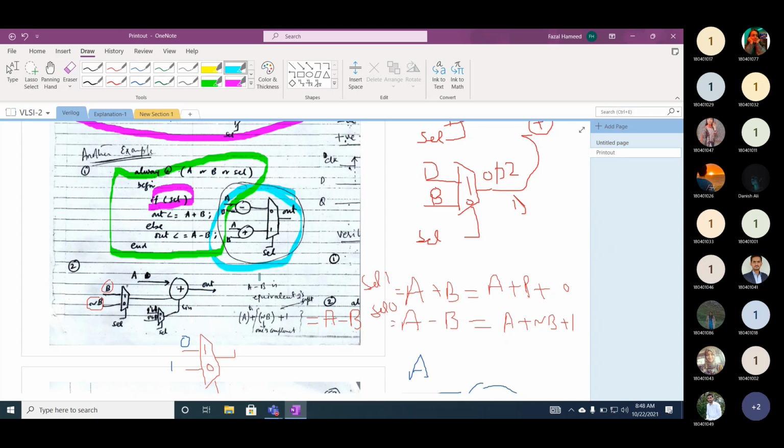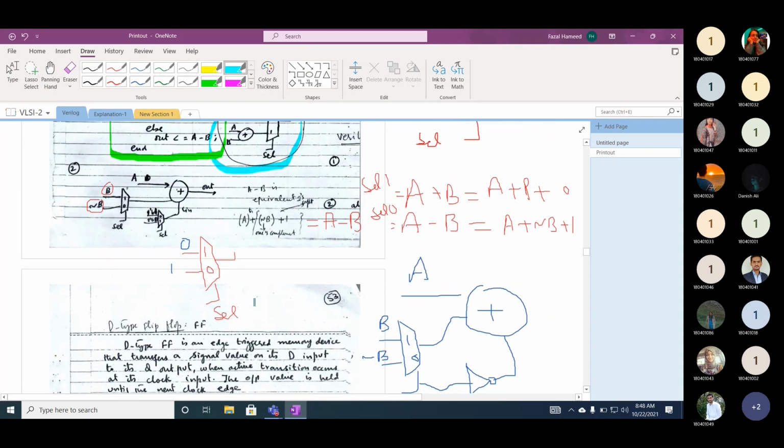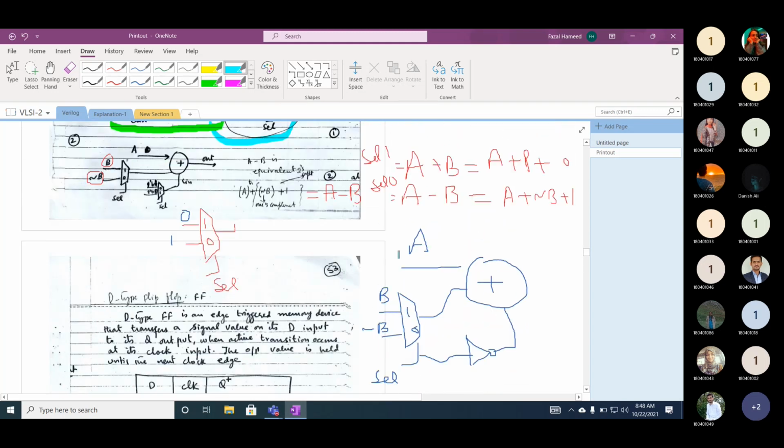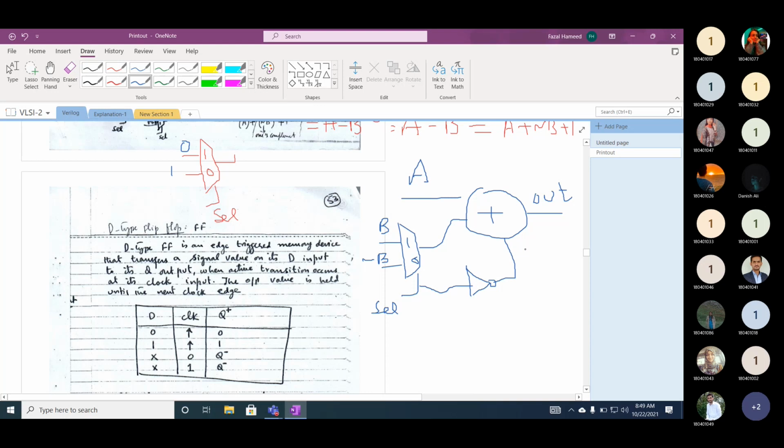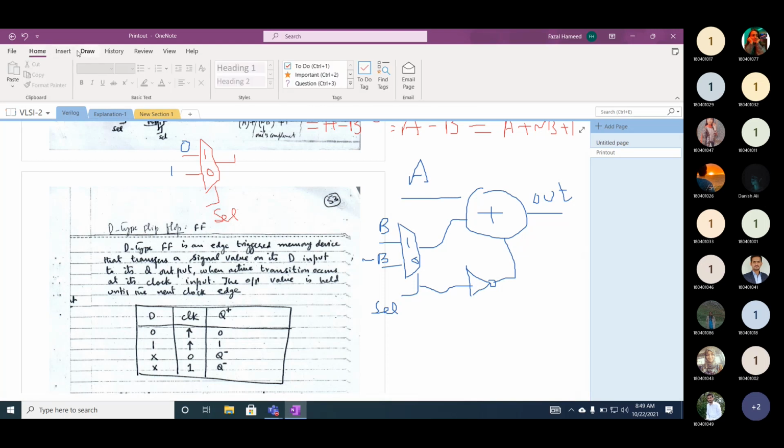Now, this hardware will be synthesized as a result of this code. So now you can also change the code. What will be the code for the second approach? Now you have to define what will be the output here. You can use any type of modeling. It's up to you. You can use behavioral modeling, you can use data flow modeling.